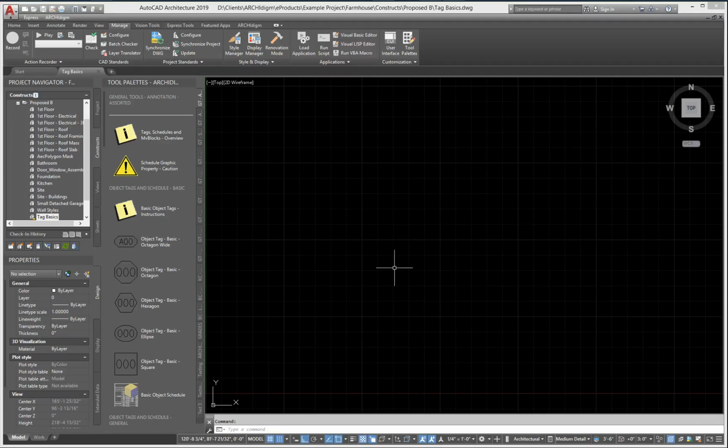Let's take a look at how to create your own custom tag in AutoCAD Architecture and then associate the information of that tag with your own custom schedule. On the screen I have a blank drawing, and to the left I have one of Archidyme's numerous tool palettes